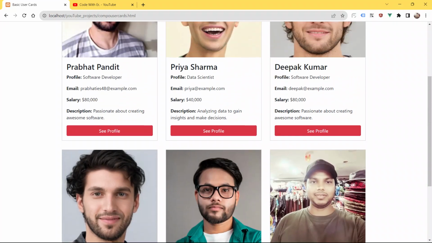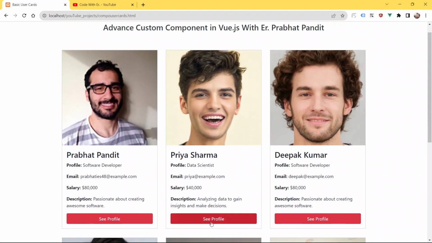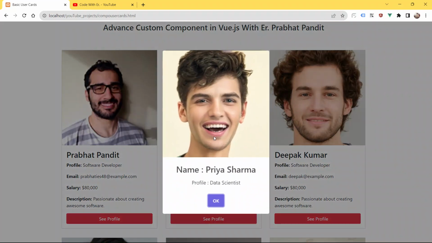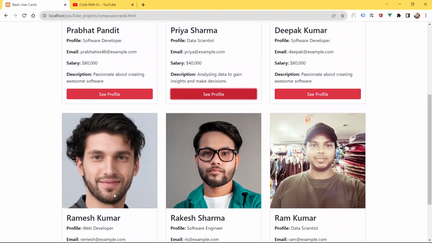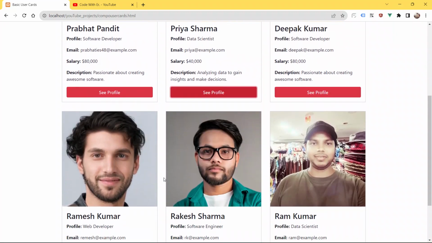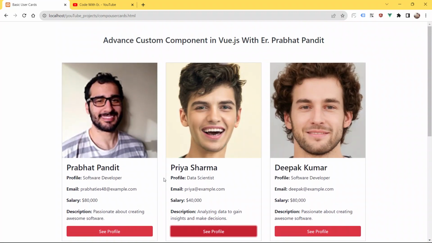As you can see here, I am also using Sweet Alert to pop up and display all the information about the user along with the user image, username and user profile. We have got these 6 user profile cards, and each and everything is coming from the custom component in Vue.js.